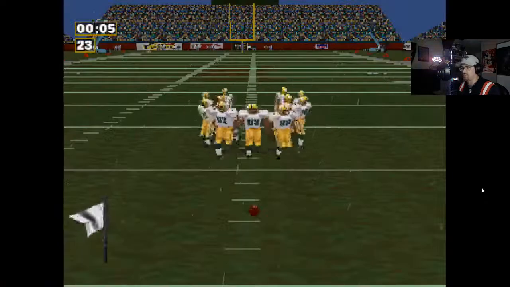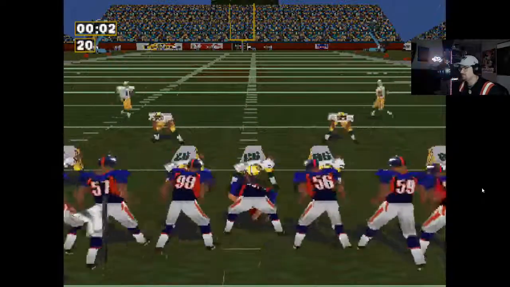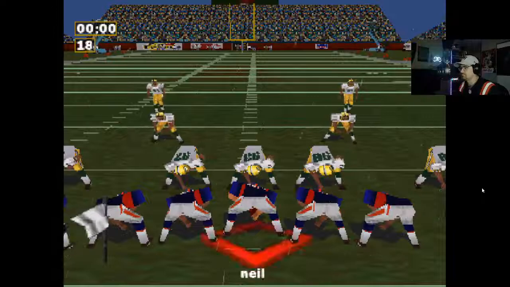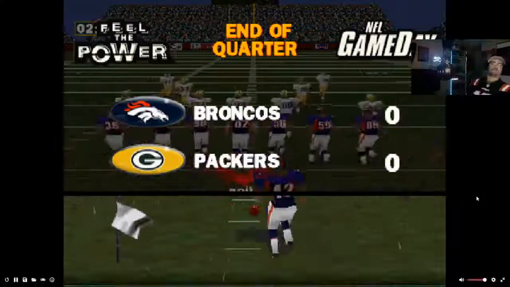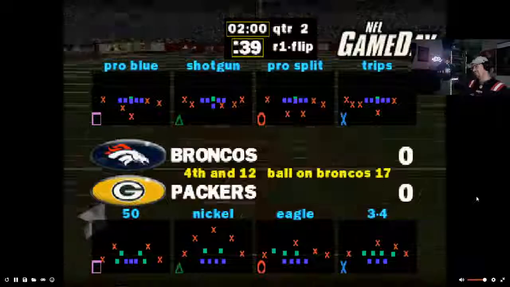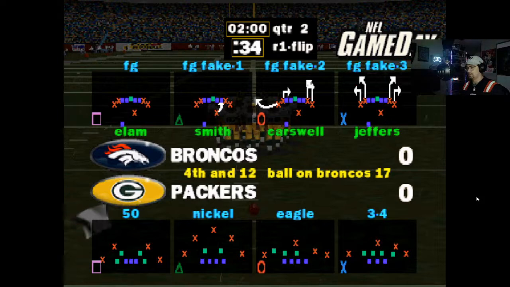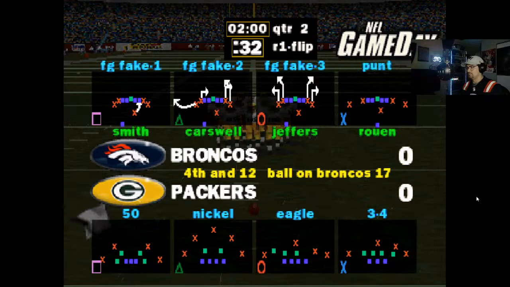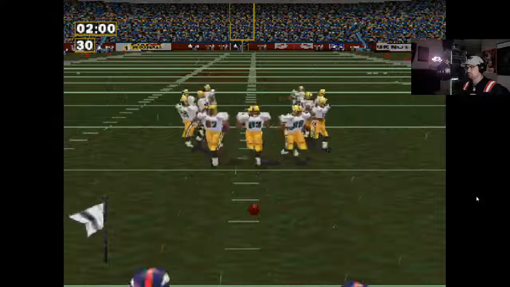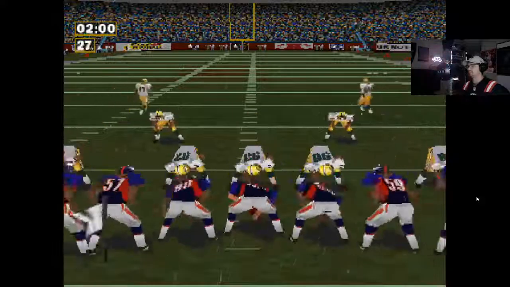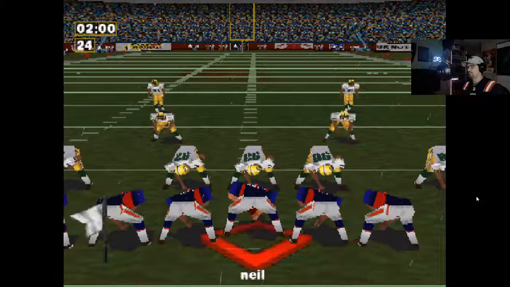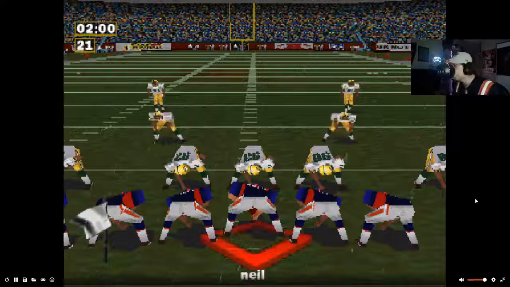We're gonna square. Fourth and long on the 17-yard line. At the end of the first quarter, the Broncos, nothing. The Packers, nothing. Try it again. Fourth and long on the 17-yard line. Look at the stadium.